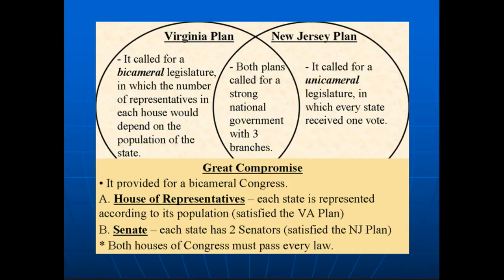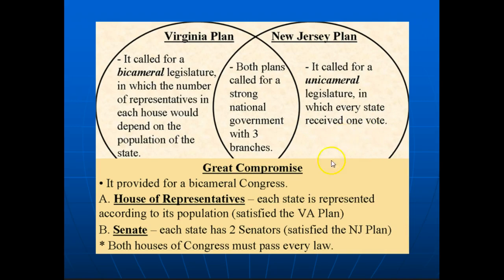If we move forward here, just a quick review as well. How did we get to this place? If you remember, there was the Virginia plan and the New Jersey plan. The Virginia plan called for a bicameral legislature. Bicameral means two chambers. Bi means two. But the big key difference is each house would have depended on the population. New Jersey said, we're a smaller state. That's not really fair to us. How about a unicameral legislature where there's equal representation?